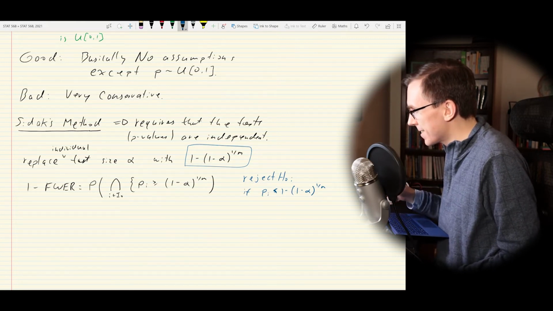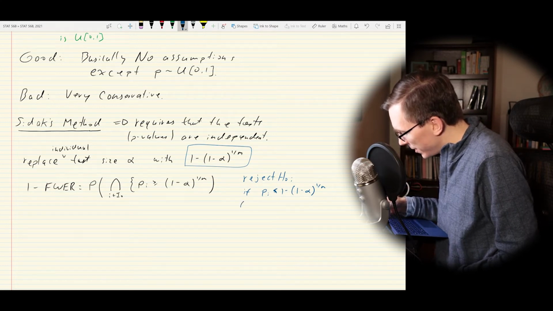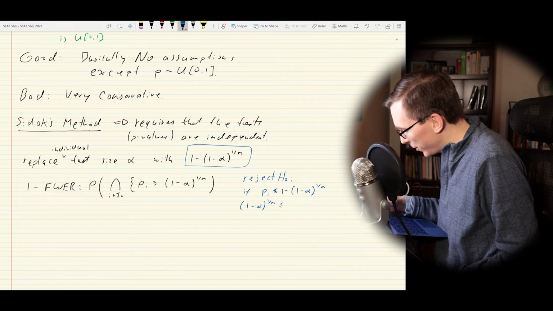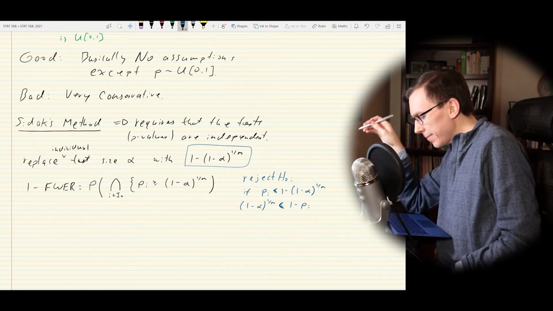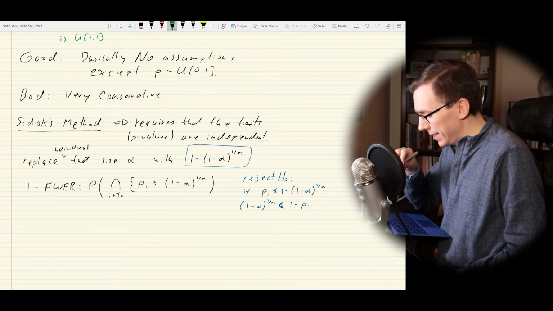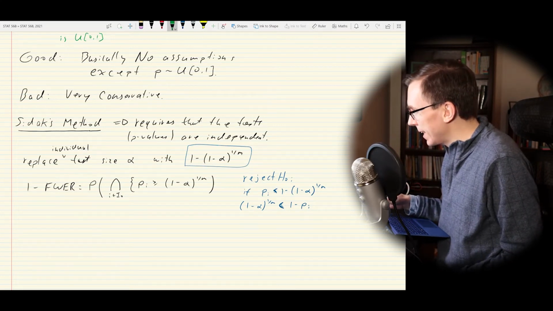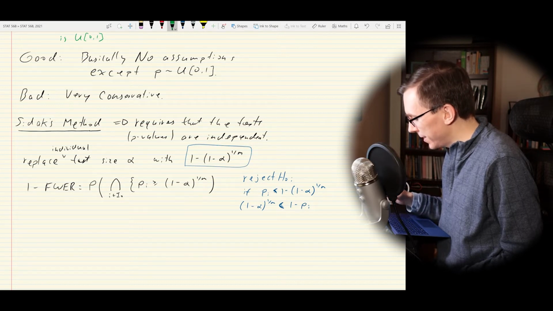Here, I think I just skipped one little step. If we rearrange things a bit, what we end up with is 1 minus alpha to the 1 over m less than or equal to, let's say less than, 1 minus pi. And there's one extra thing that I probably should have written here, because I realized that in my quick write-up for my lecture notes,